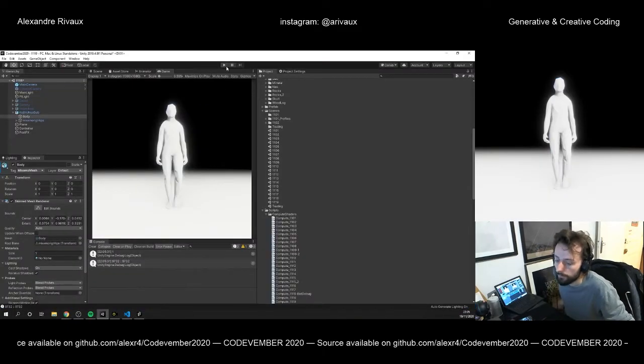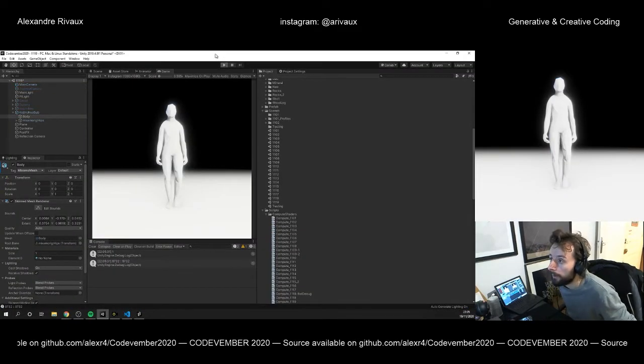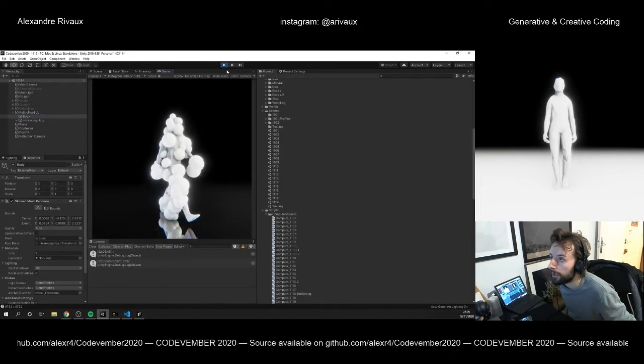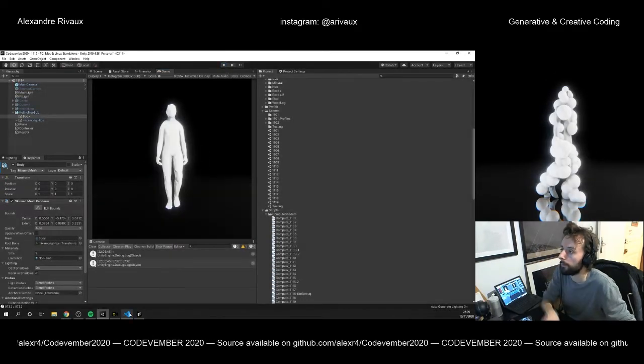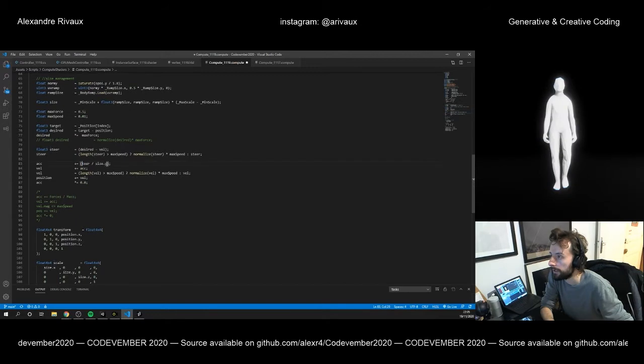So if this part is not working, we could change this part. Okay, so this seems to be really